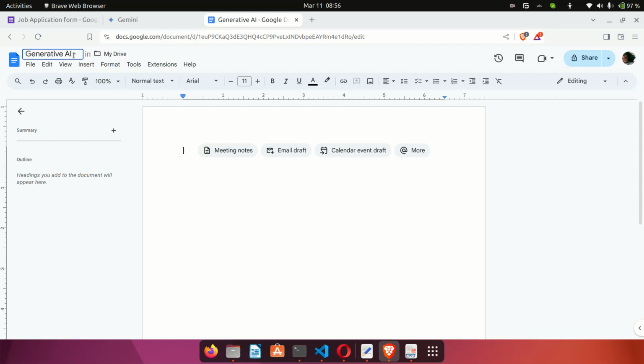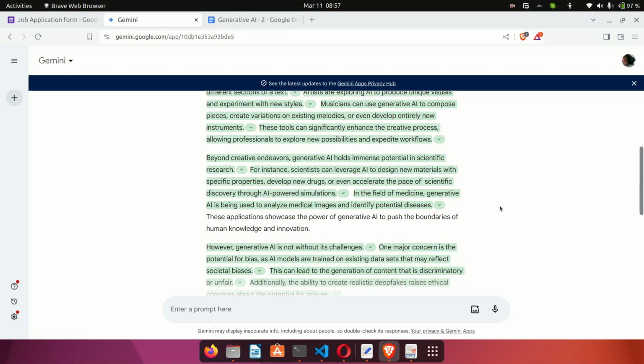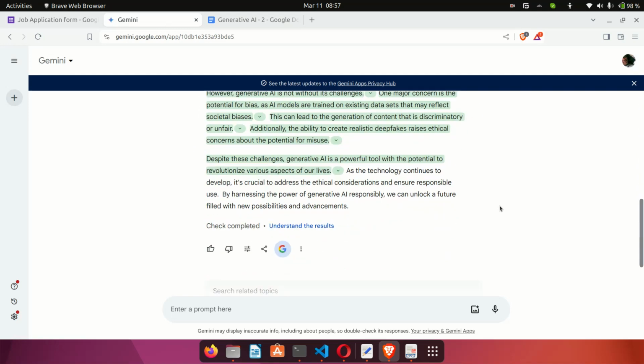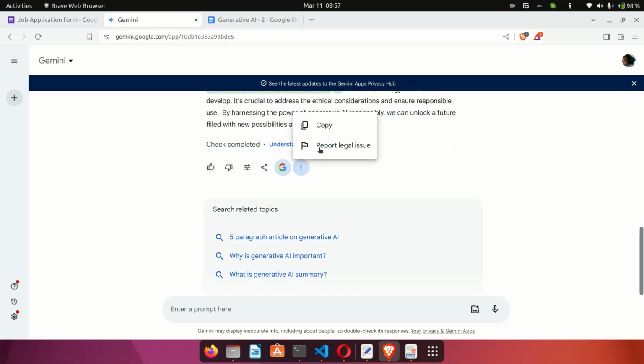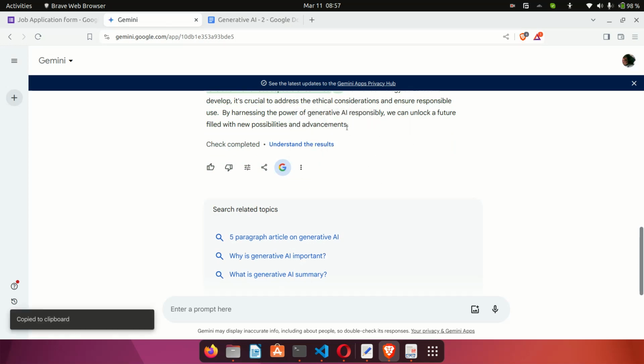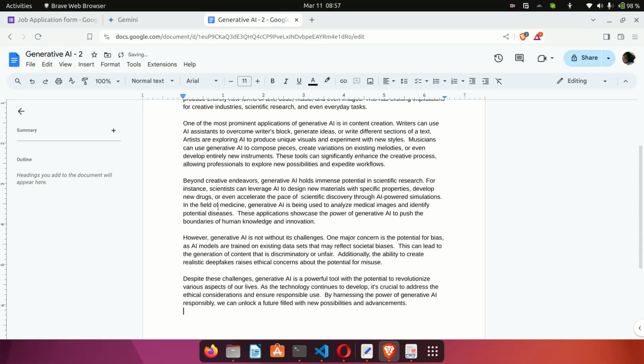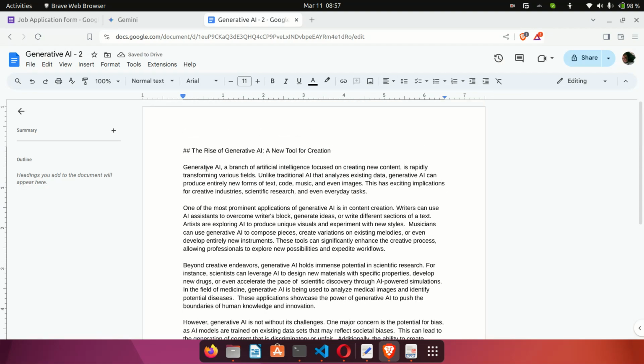So let me put AI2 because I have a document that is named generative AI. So this one is going to be generative AI-2. So for the content of the document, I've employed Google Gemini. So the Gemini is a Google AI that allows you to create content. So I asked it to create a 5 paragraph content about generative AI, and I'm just going to paste this into my Google Docs. As you can see, now we have